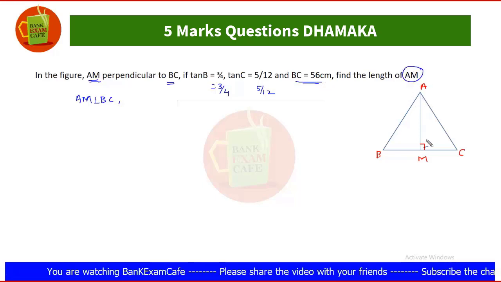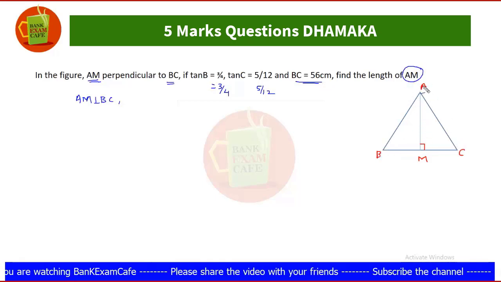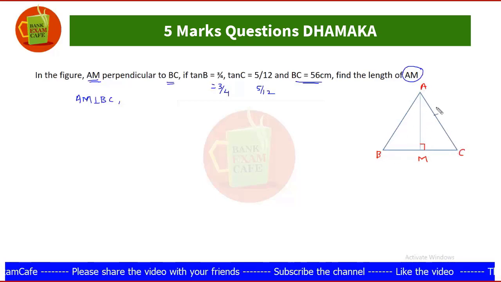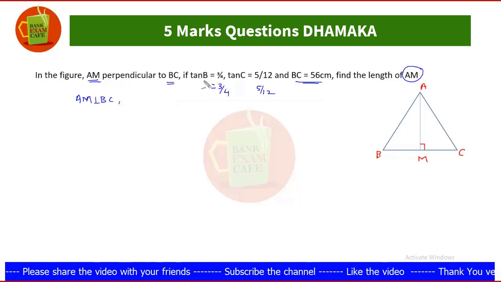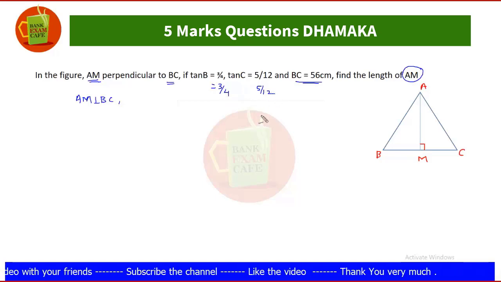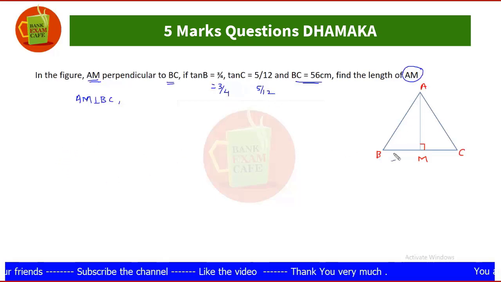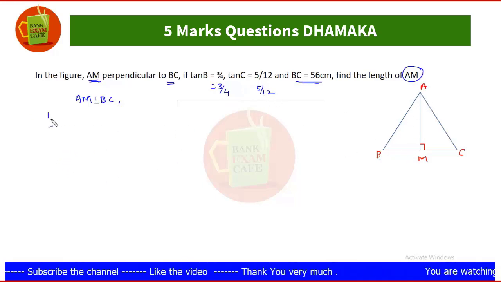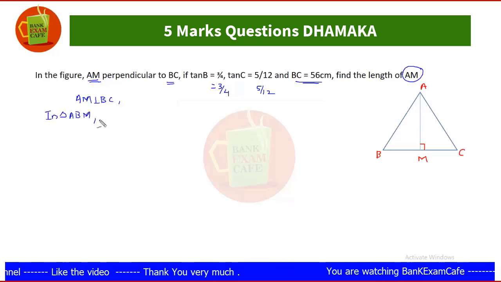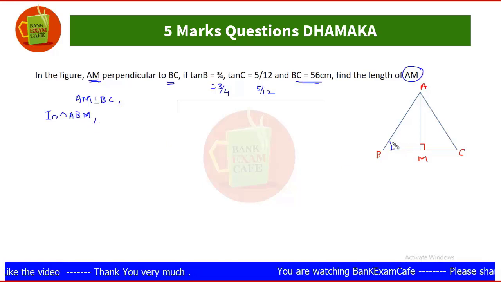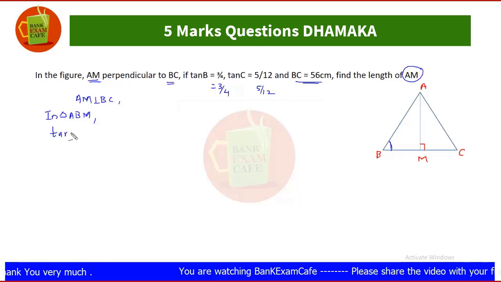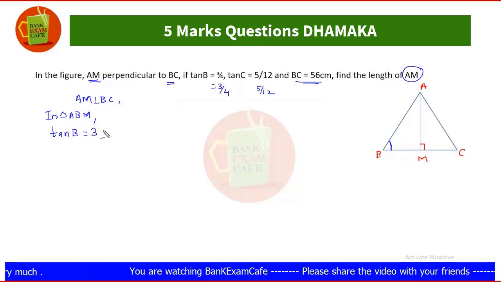Here this AM is the altitude of triangle ABC and we have to find the length of this altitude in triangle ABC when it is given that tan B is equal to 3 by 4 and tan C is equal to 5 by 12. So now in triangle ABM, here tan B is given as 3 by 4, so tan B is equal to 3 by 4,